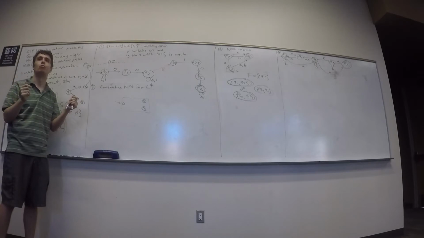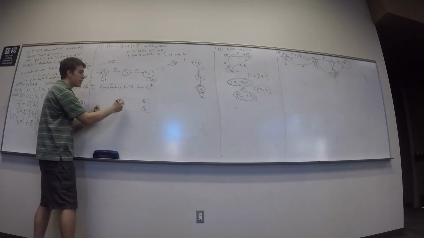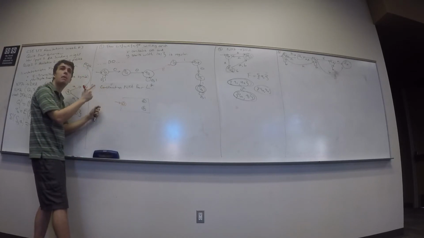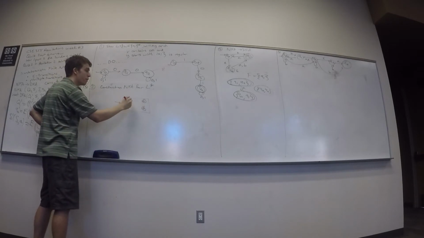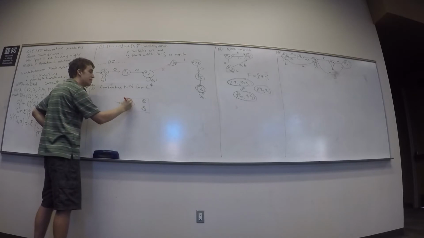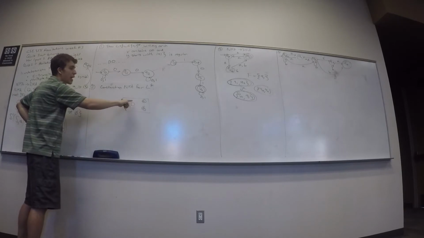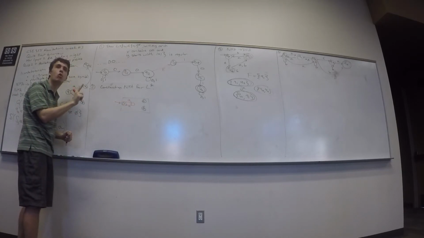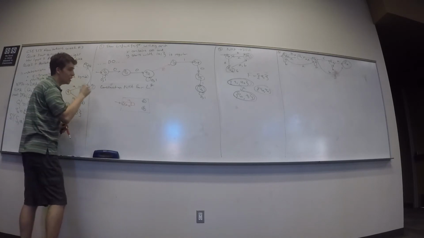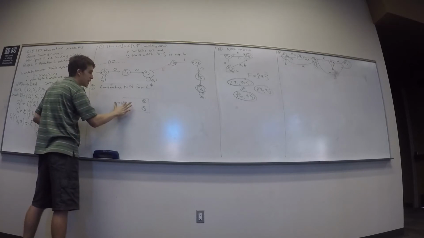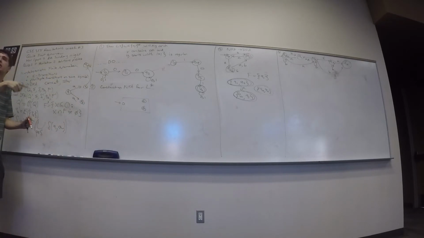The empty string has to be in the star of any language. So that must mean that this start state is a final state. I better make it final. But the problem is, if this was a DFA before, I may accept a string that I didn't intend to accept before. Like in this case, the string AA, I didn't intend to accept before, but now I accept, right? So that's a problem. So I can't just blindly come back to the start state. But I do need to come back through the machine as many times as I like.